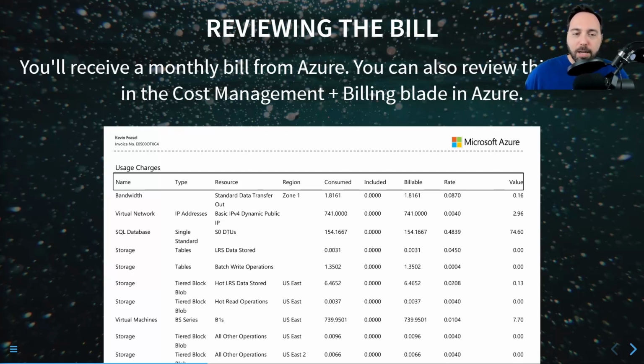Basically, it's telling us what service it is, the specifics of that service, and with resource, sometimes it'll get into the details. Note that it doesn't tell me which database names, which Azure SQL databases, are S0. So I have to figure that out myself. There are units consumed and billable units, and then the billing rate for them, and the value is how much I'm paying. In this case, it's US dollars.